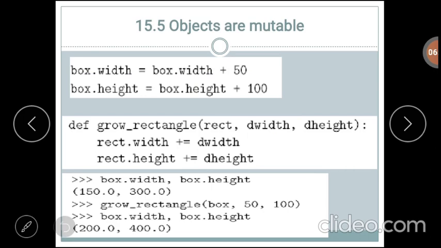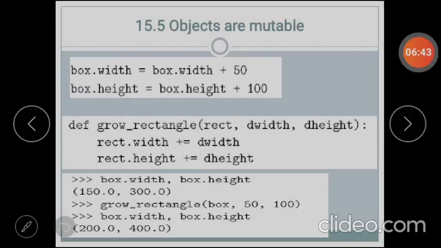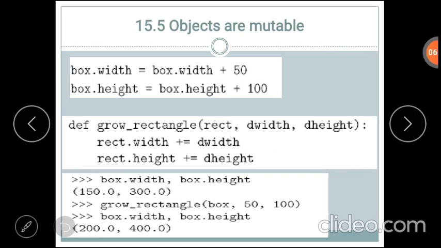Now, these objects are mutable. What do we mean by mutable? We can modify the values of that particular object. Now here we have the Rectangle class. Objects are mutable. You can change the state of an object by making an assignment to one of its attributes.